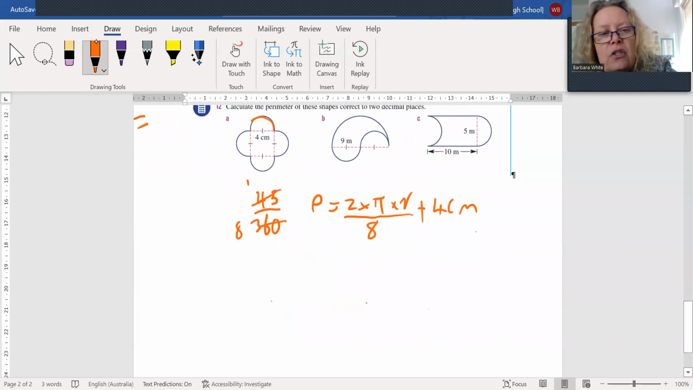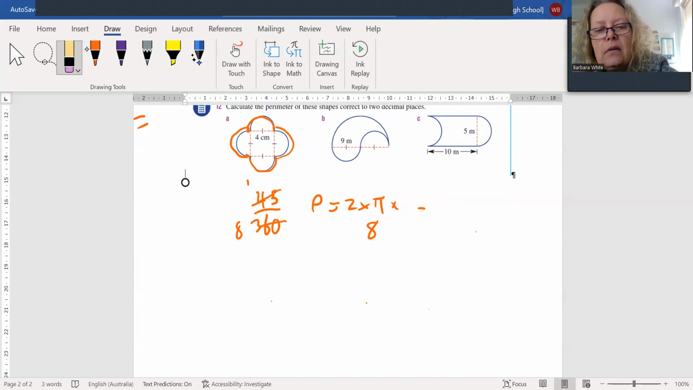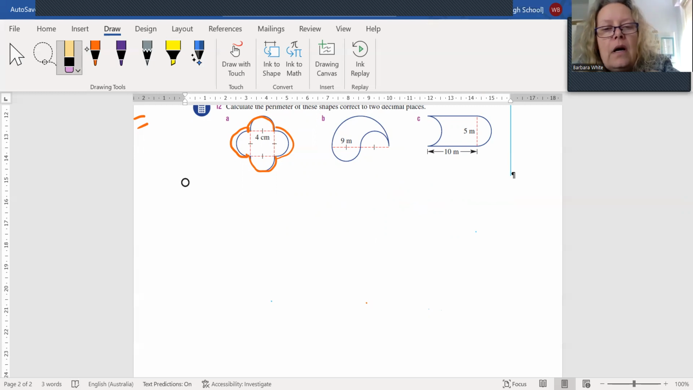This one's made up of 4 semicircles. You know how to find the perimeter of a semicircle. You can do that one. This one here, let's have a quick look at this one here. I see a semicircle with a radius of 4.5. I see a semicircle with a radius of 4.5. And I see a semicircle with a radius of 9. Let's add all of those semicircles together. So that is